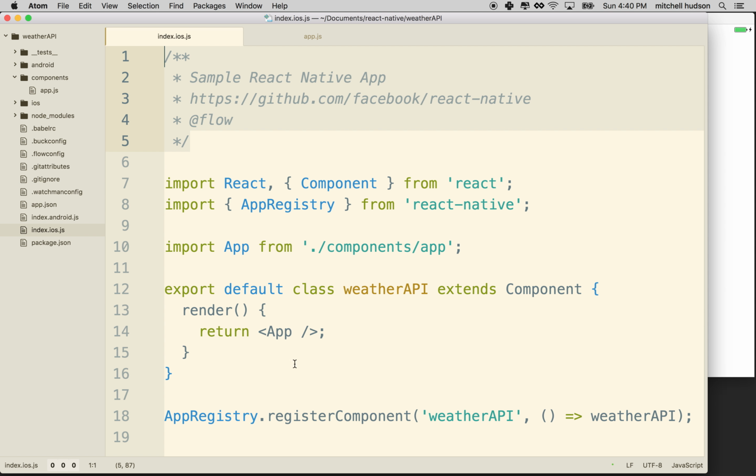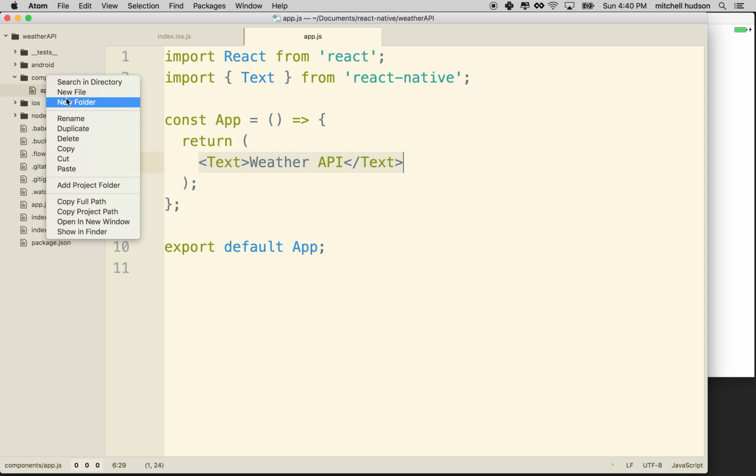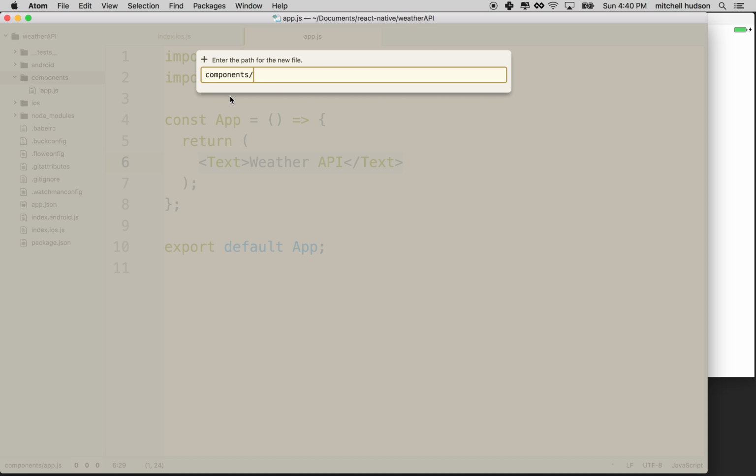So we've got our app here, and our app is rendering. Let's make a component that represents the weather, right? So we'll make a weather component, and we'll put it in here, and then our app will render the weather. And that's kind of good for us, because if we have other stuff, like meta stuff for the app, it can go outside this, right? So we'll make one more component here for now, and I'll call this like